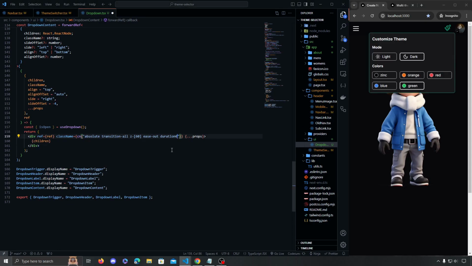So we'll say duration-200. We actually don't need the top or the auto. Do width 350 pixels,